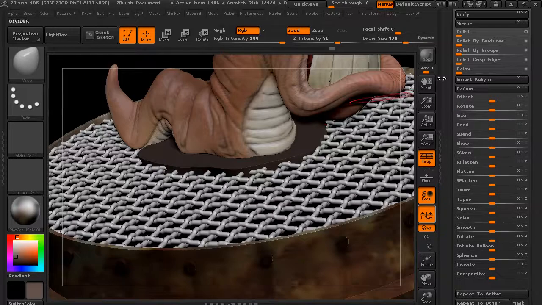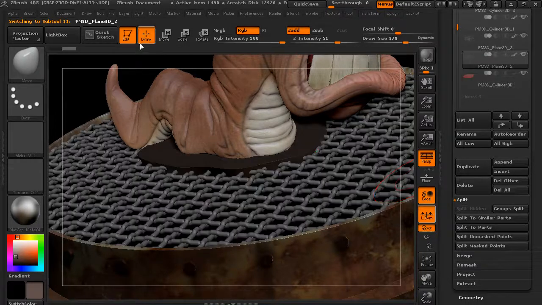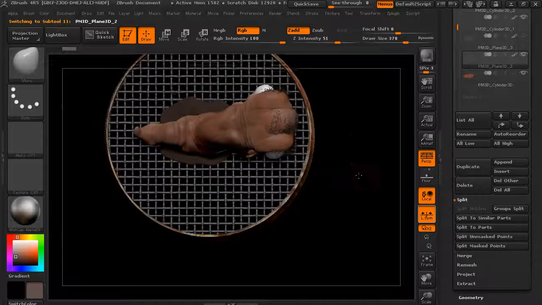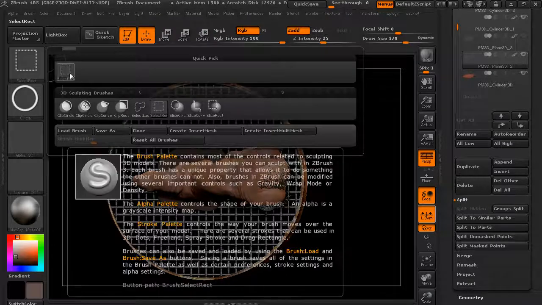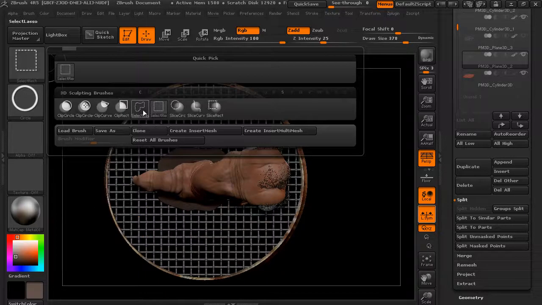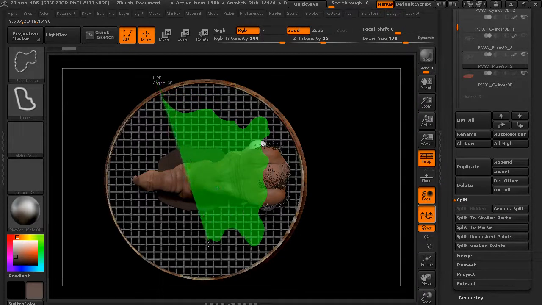Something like that. Now let's take our new mesh that we duplicated from this grate here, and what I want to do is cut away part of this. So I only want to show the part that's going to be covered by this ooze. And so we'll use our select rectangle, but instead of using the rectangle, we'll use the lasso. And so now I'll hold down Control and Shift, and I'm just going to come in and start to drag around in these different areas, just really roughly